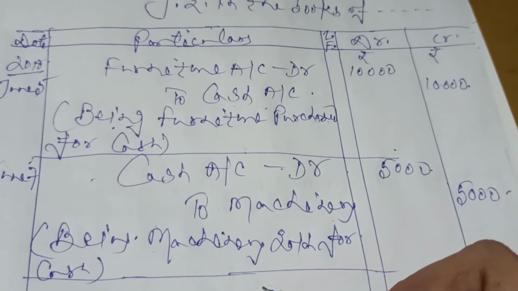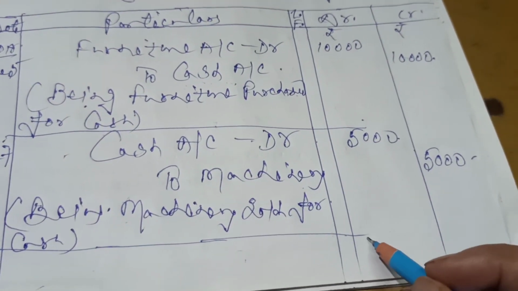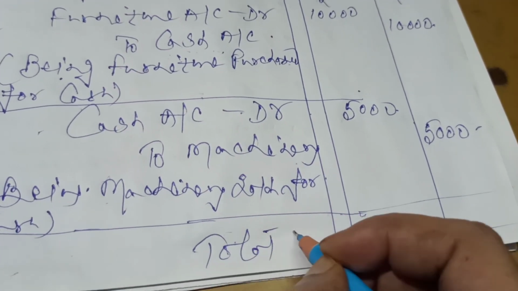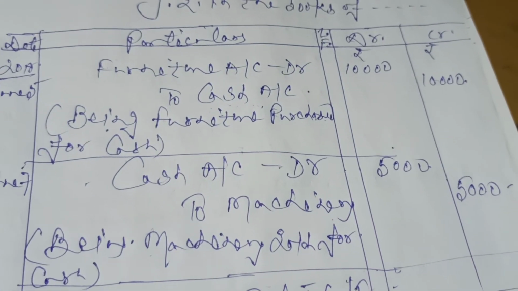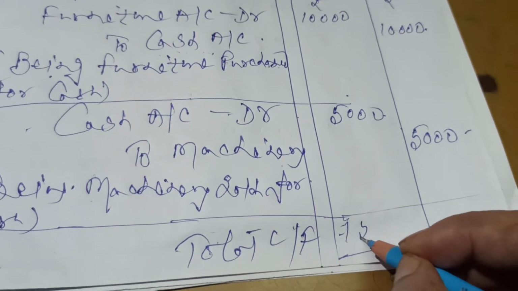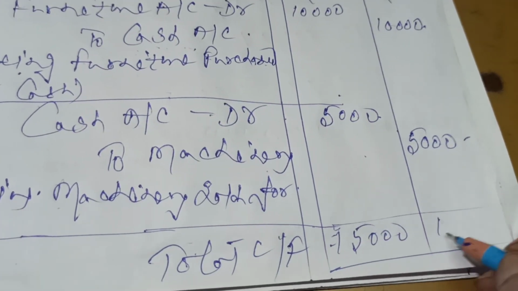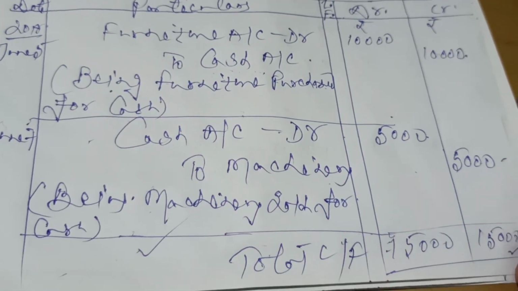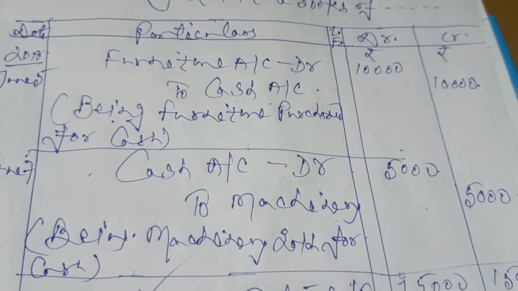So this is how we record all the transactions one by one. You'll have to show every transaction and at last you'll have to show the total. That should be carried forward to the next page. Total carried forward, just like that. You can see we have got two transactions only, 10 plus 5, 15,000. That will be brought forward to the next page if you are following the further sum.